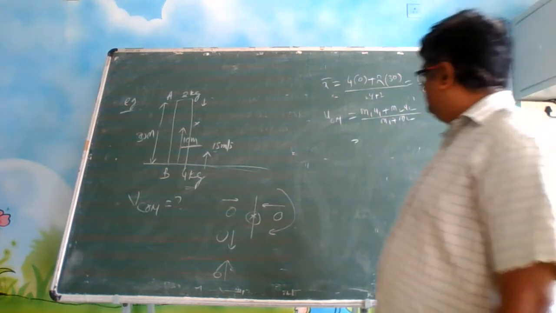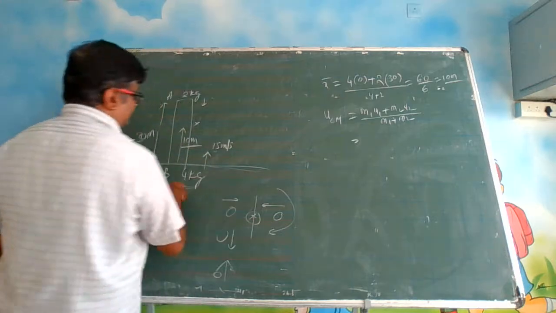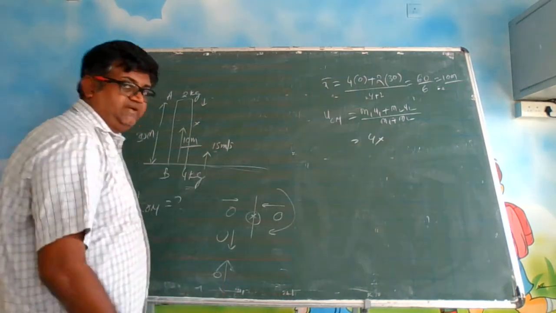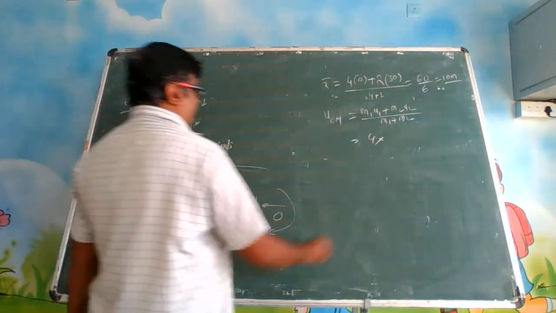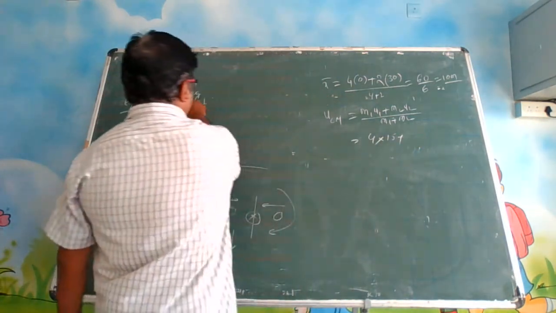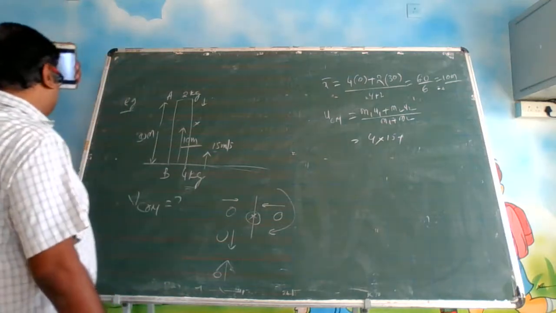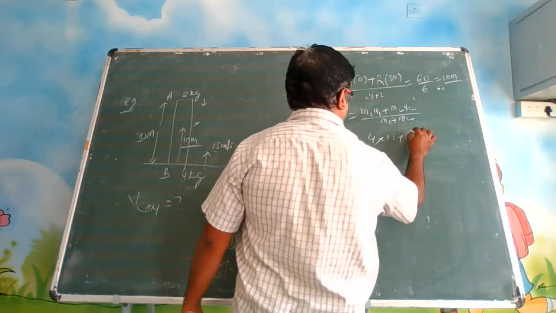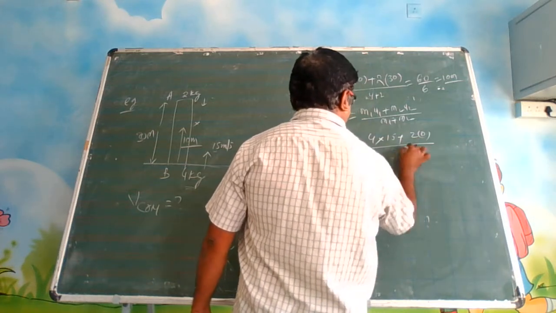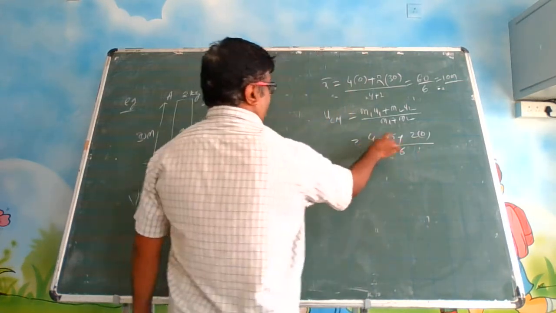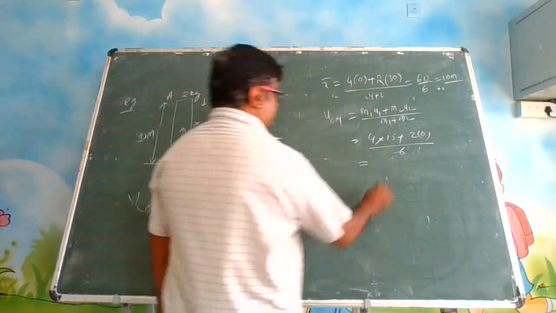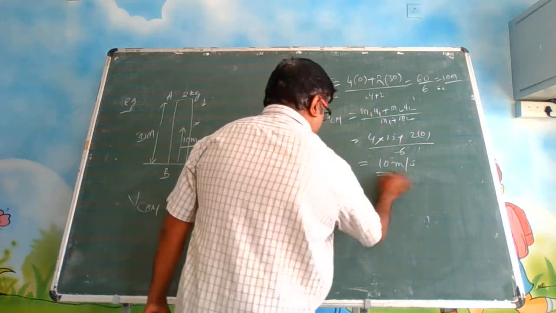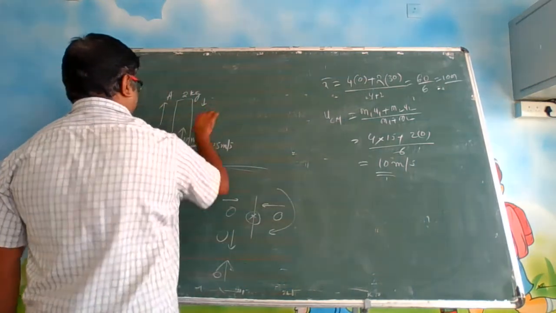Alright, so we are calling this M1. So 4 into what is the speed here? 15 meter per second is the initial speed. So 15. This fellow was initially at rest. This 2 kg mass was at rest. So it is 2 into 0 divided by 6. So 15 into 4, 60 divided by 6, it is 10 meter per second. You got a positive value, that means it is something like this.